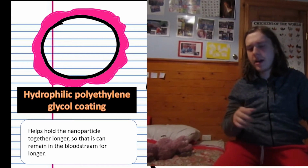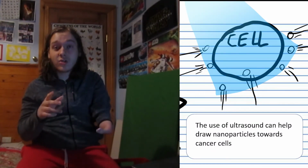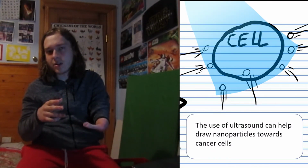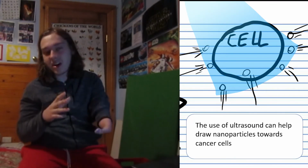Now, on top of this, another experiment includes the use of ultrasound, which is a type of signal, and this is used to gather injected nanoparticles at the site of a tumour. Now, if we can develop these solutions further, I think we can clear any hurdle that stands in the way of the nanoparticle treatment. Overall, due to the nanoparticle's efficiency, room for customization, and potential design improvements, I believe that